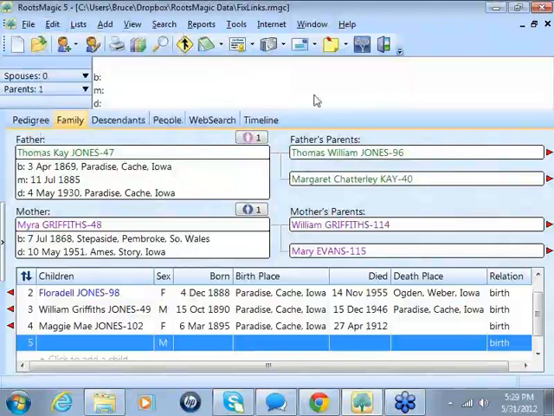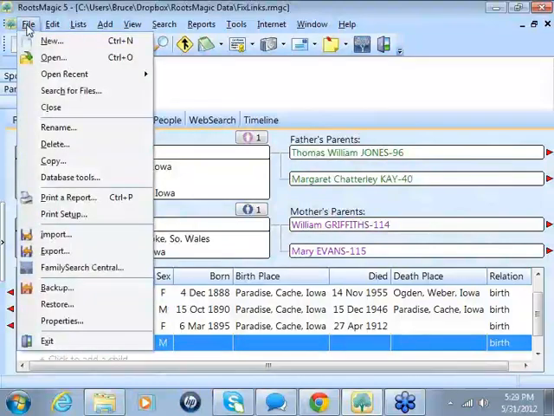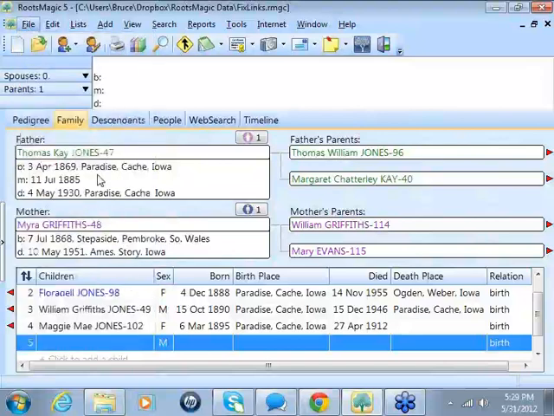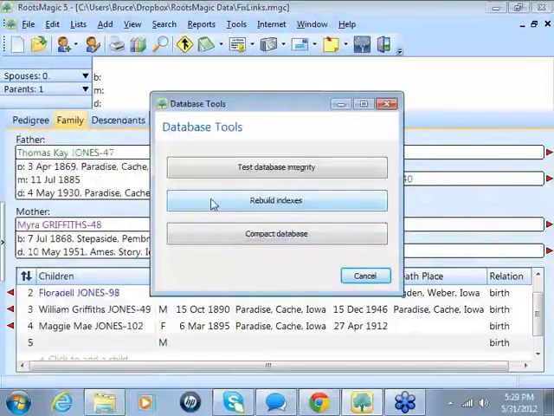So how do you get rid of a phantom child? Well, in a very recent version, make sure that you have the current version of RootsMagic. What we've done is if you go to File and go into our new database tools, this is a feature we added in version 5, okay, choose Rebuild Indexes. Now, Rebuild Indexes does a number of other things, but in addition to that, we've added the code to delete these phantom children. So if I do Rebuild Indexes, okay, it says re-indexing complete, okay, and it just changed the